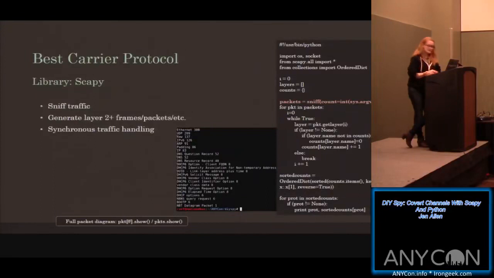There's a quick and dirty script on the GitHub repository to sniff traffic and identify the layers in the environment, so that you can see what traffic is occurring most often and sort it in that fashion. You can also extend this functionality. Let's say you want to target the traffic that's going to specific hosts or from specific hosts. It's very easy to build code that will provide that. So you can really start to baseline your network environment and identify the best carrier.